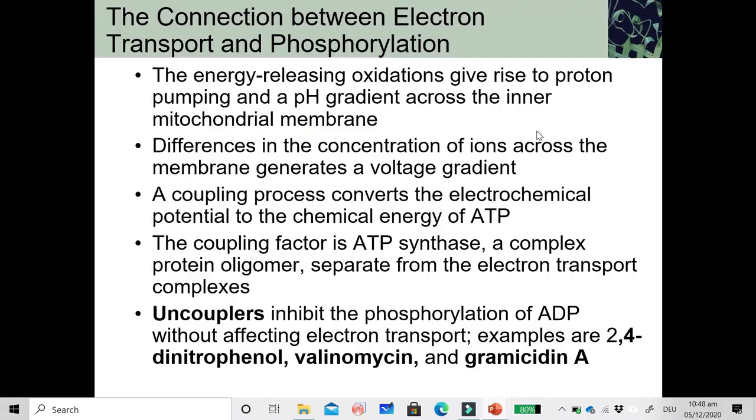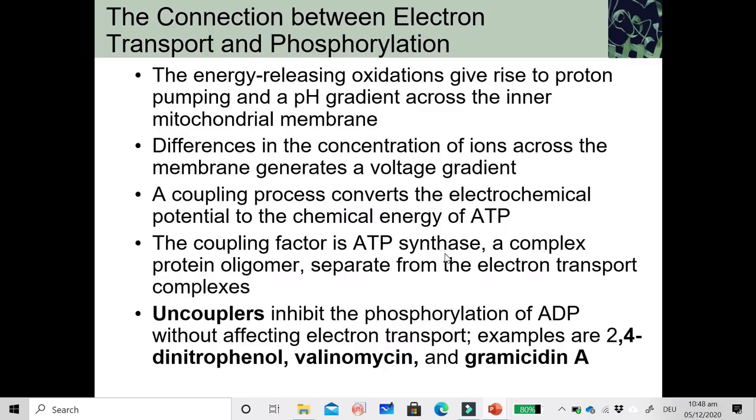The energy-releasing oxidations give rise to proton pumping and a pH gradient across the inner mitochondrial membrane. The differences in the concentration of ions across the membrane generate a voltage gradient. So the potential energy here is not just due to the differences in the concentration of the hydrogen ion, but also to the fact that you end up with differences in the charges, because the protons, or hydrogen ions, have charges. The coupling process converts the electrochemical potential to the chemical energy of ATP, and the coupling